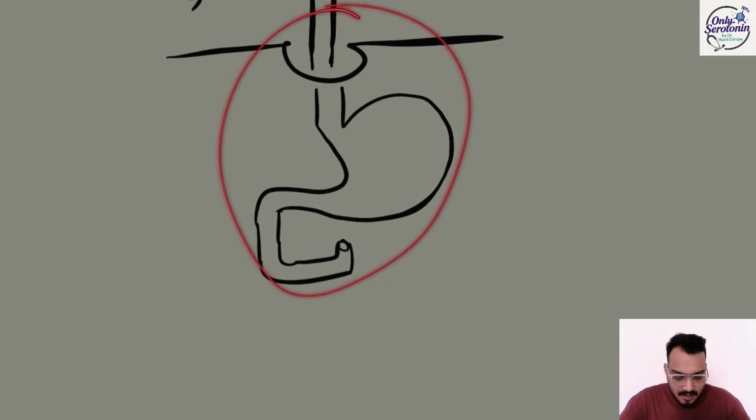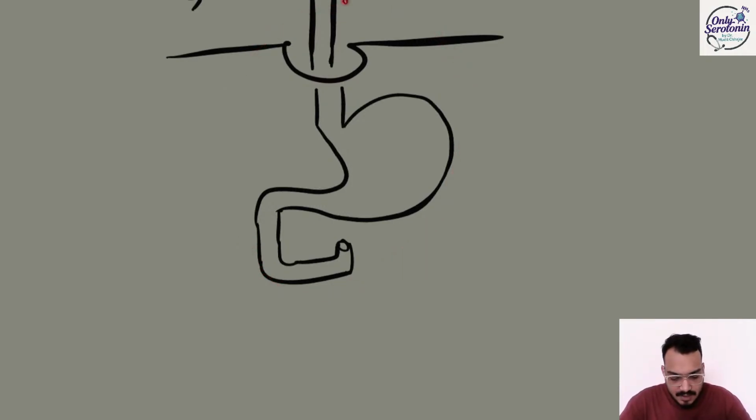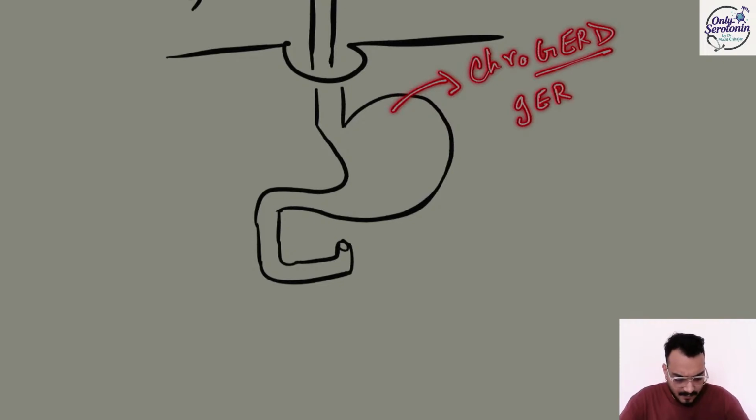This is the normal structure. This is the second part of the esophagus. This is the third part of the esophagus. Then it is my stomach, right? And this is my duodenum. Okay. What I am trying to say, guys, is that a person who is going to have hiatus hernia can have chronic GERD. What is GERD? GERD is gastroesophageal reflux disease, or this person can have chronic